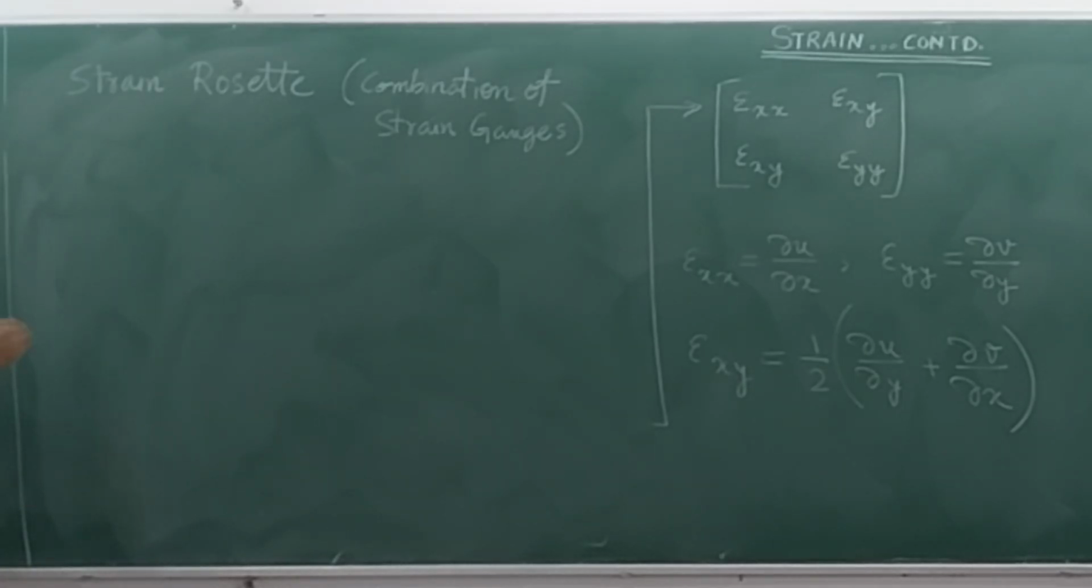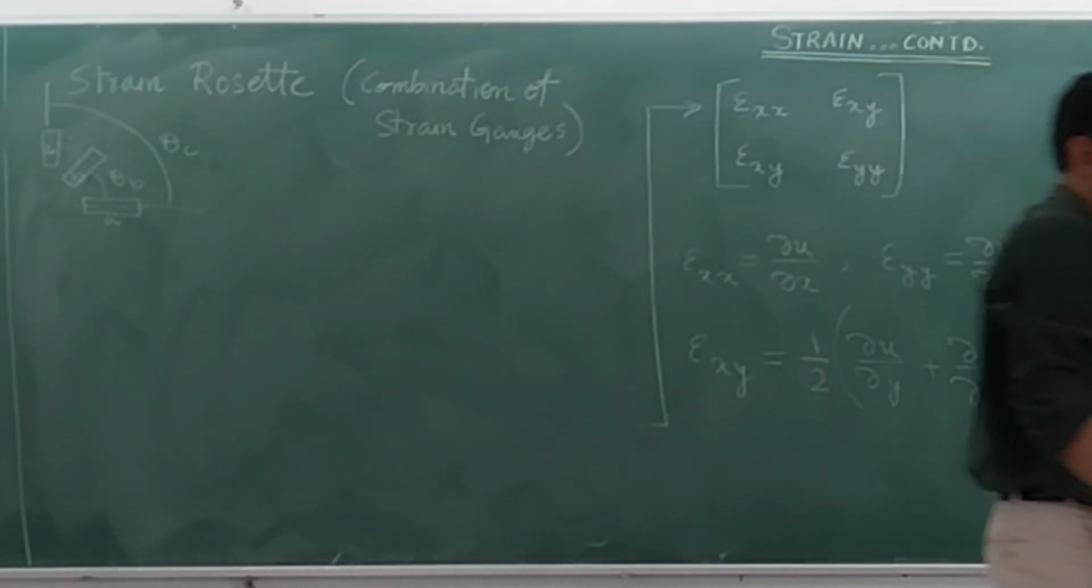Combination of strain gauges. Let's say that, just as a simple example, just to concretize our ideas, we have one strain gauge like this, we have another strain gauge like this, and we have another strain gauge like this. I will not claim that this is 45 degrees. I will just say that this is some theta b and this is theta c. So this is strain gauge A, this is strain gauge B, this is strain gauge C. We have these three strain gauges A, B, and C. So if we have the XY axis like this,